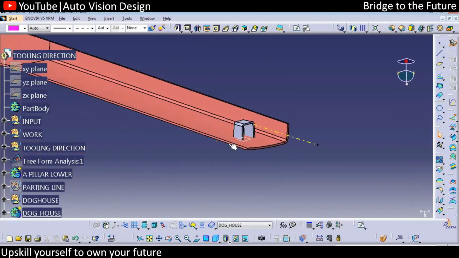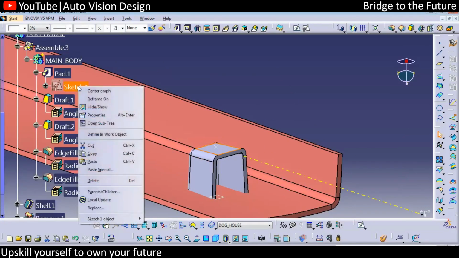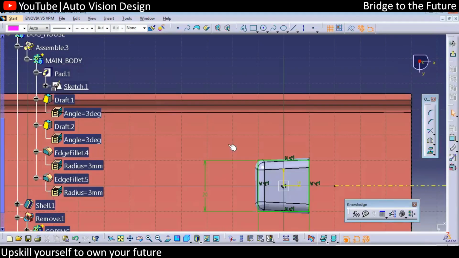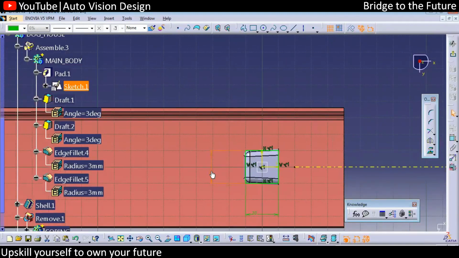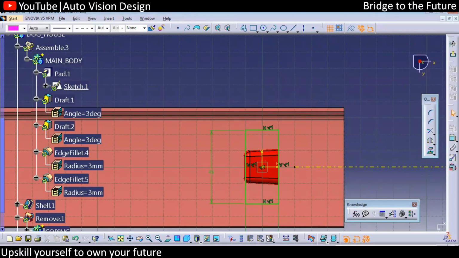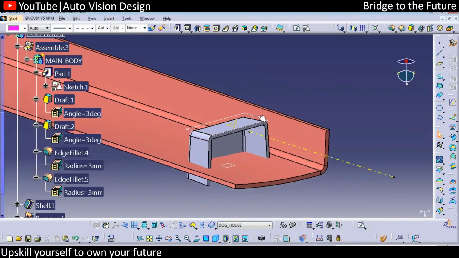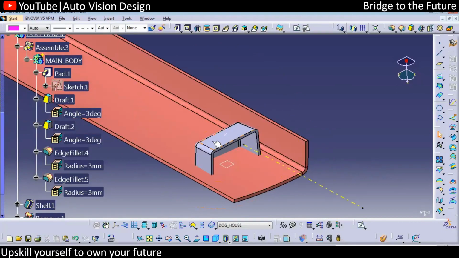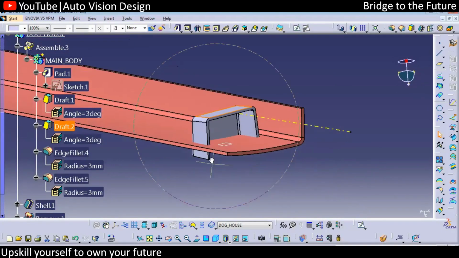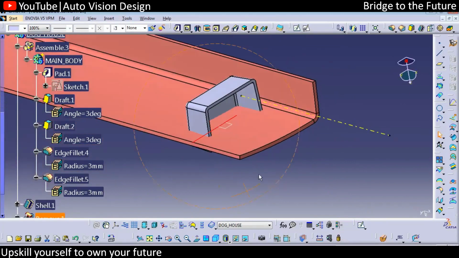Okay, so here we have the doggos now, and we need to mount the clip tower as well as a locator on these doggos. So what we can do is edit this sketch to make sure it will mount the board feature. Okay, so we'll go for 35 to 40 somewhere. So let's say we will go for 40 right now. So we have created the doggos wider, and with respect to that, we need to add the locator as well as the clip tower. Okay, so here what we're going to check is that the bottom surface needs to be cored out so that we can add it over here.